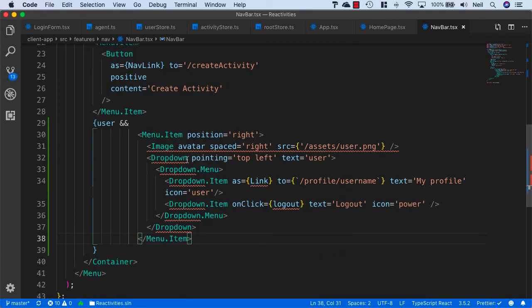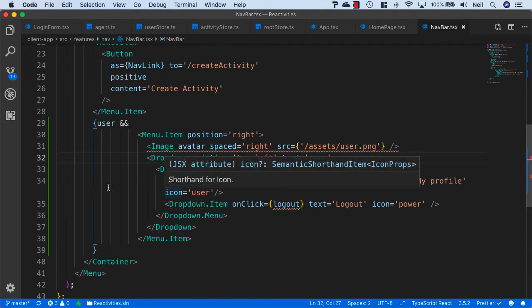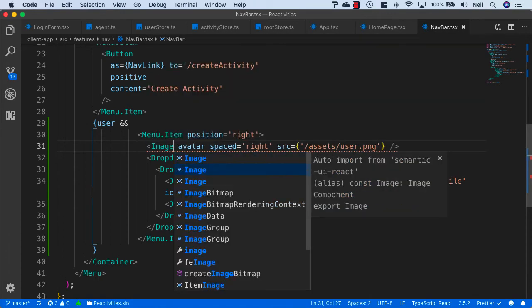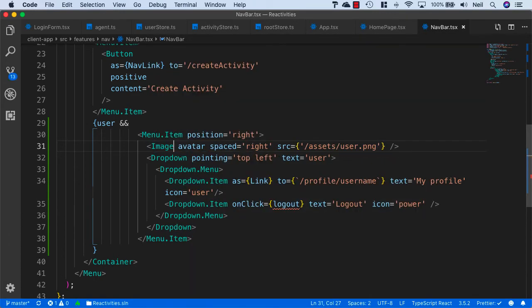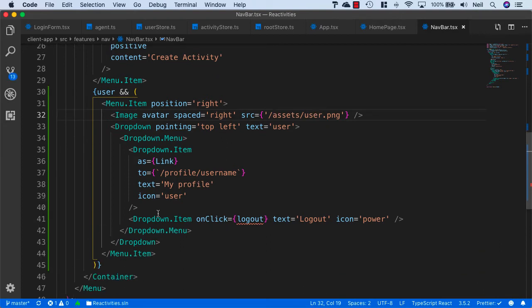And let's bring in the imports we need. So we'll use the add all missing imports. And we also need to bring in the image here as well from Semantic UI. And just reformat. And we've got an on-click for logout here, which we haven't implemented yet. So I'm just going to remove the on-click for this. And what we have here is the menu item, an image, a drop-down menu, and